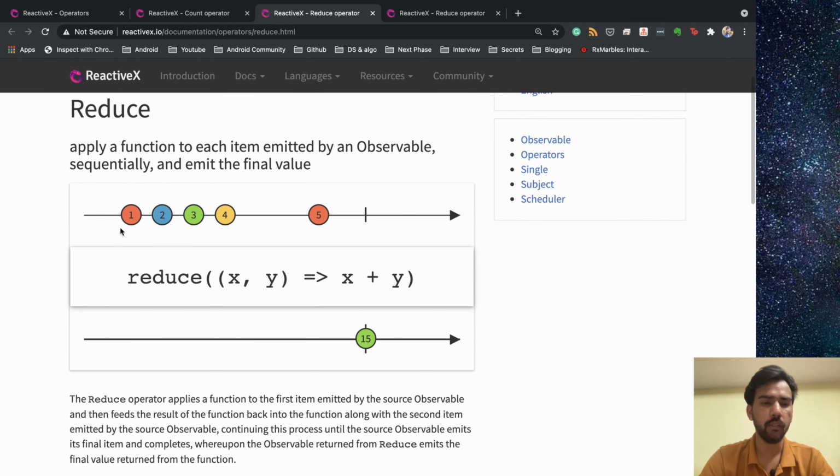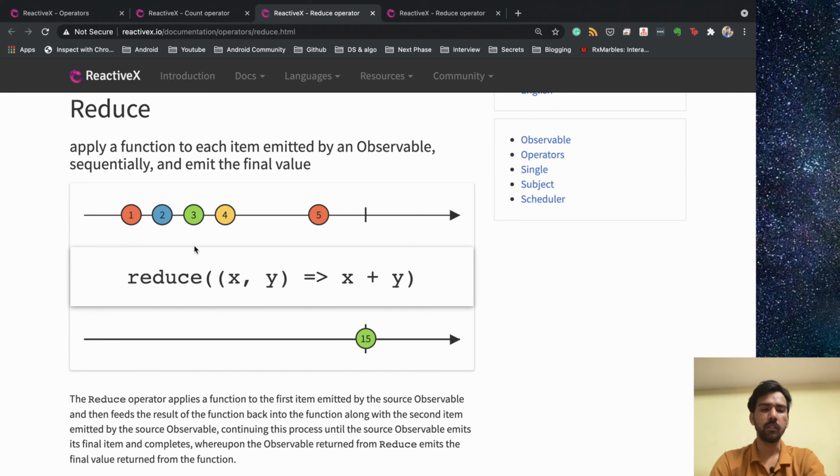As you can see, we have 1 2 3 4 5, and we have added a reduce operator which takes x and y values and sums both. So it will be adding both the values and returning the result item. That will happen on each item, and in the end you will have one single value, which will be the final result.